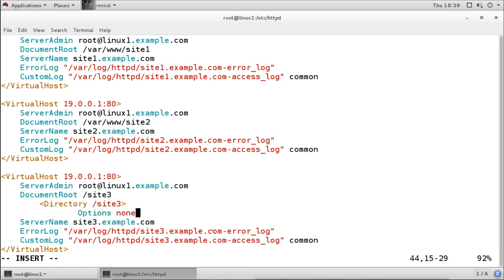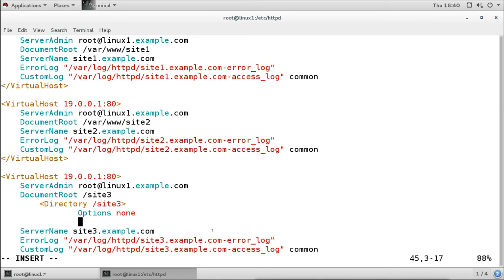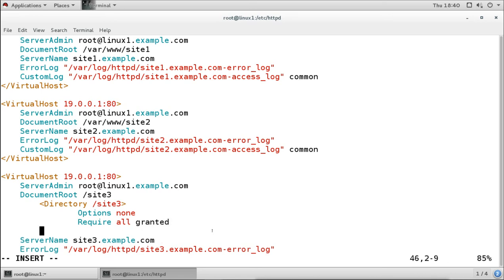Then you have to add the allow override option if you want. I don't want to add, so I will say none. I will say require all granted. That means I am allowing everyone, and then the syntax is closed here.